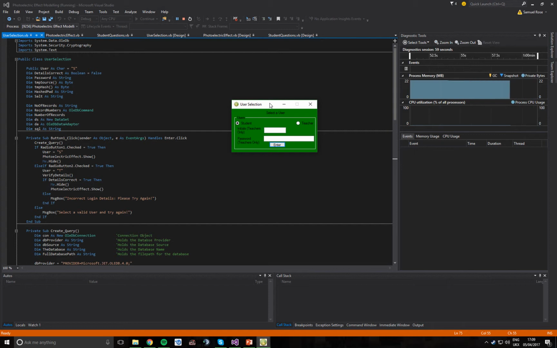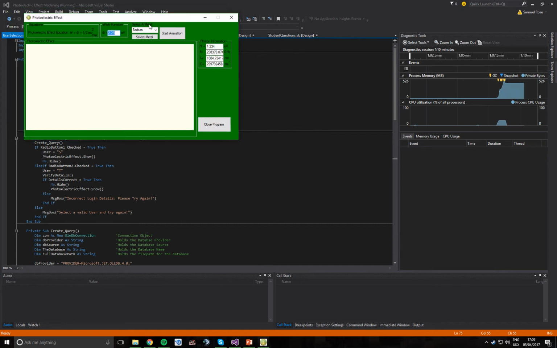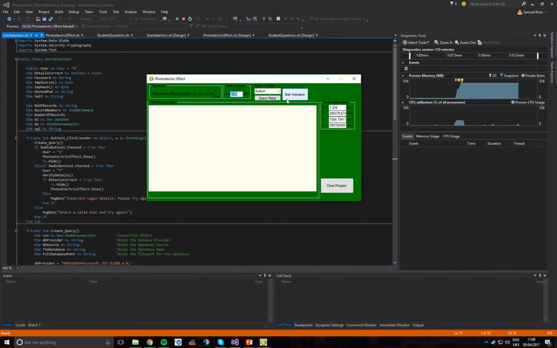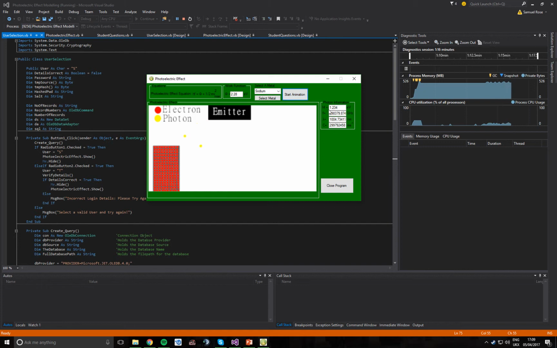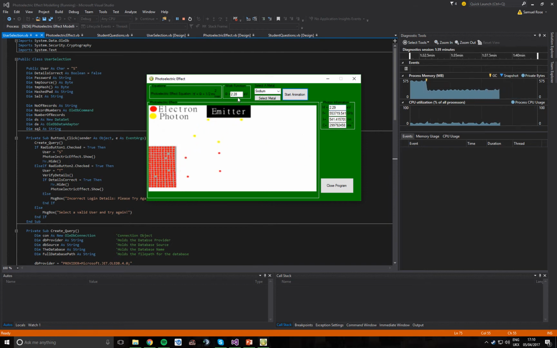So when it loads up, this user selection screen allows you to select student or teacher account. I'll go into student for now. Then when you get in, this is the animation form. You click start animation, and the animation starts with the parameters given under HF and under the work function. All of the values in text boxes other than the value of C are completely changeable, so 2.29, and then when you click start animation again, from that